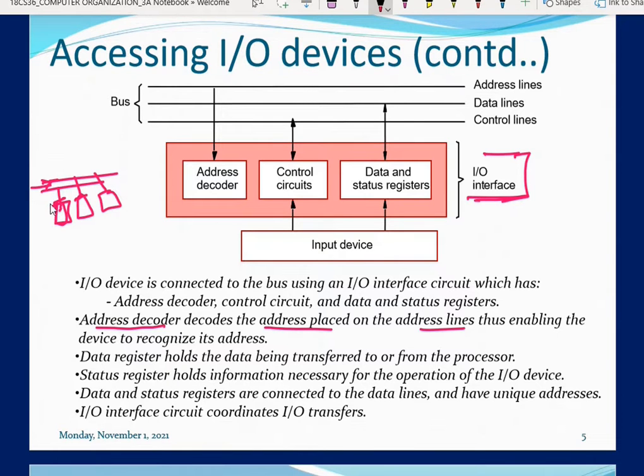The same thing is done by the address decoder. It decodes the address placed on the address line, enabling the device to recognize its address.